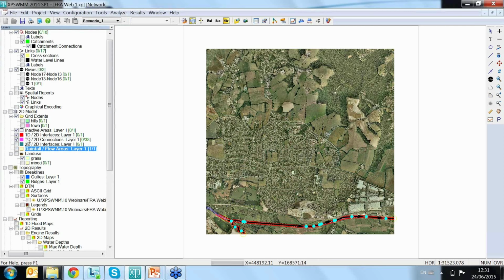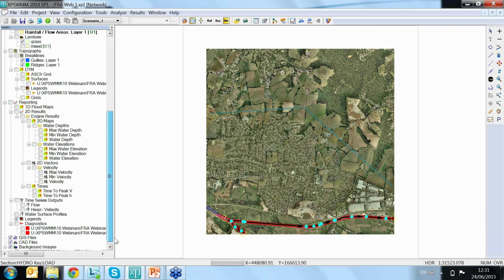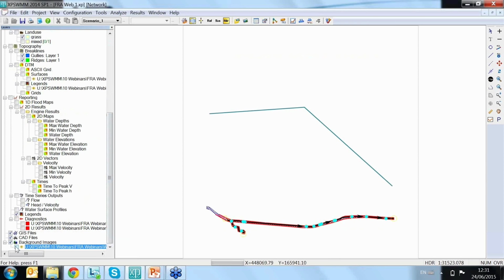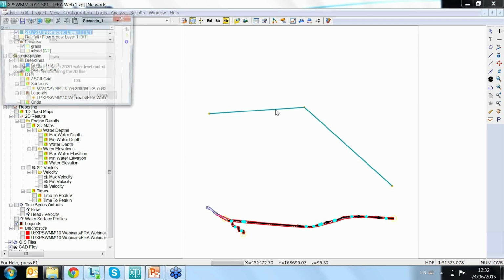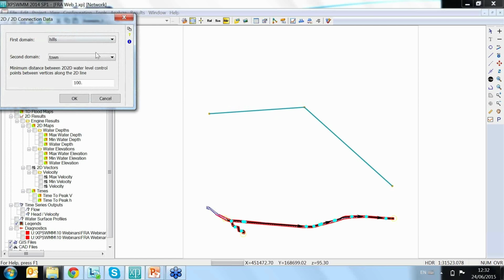And what will happen next? I added one more very important line, which is called 2D interfaces. It's maybe not very visible on your screen, but if I untick the background image, you can see this line in here. If I double click on this line,